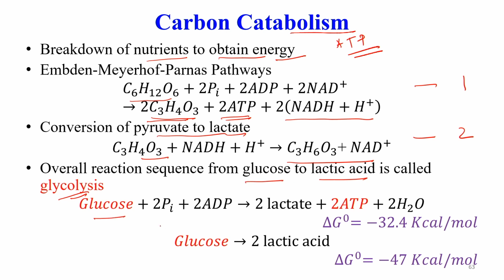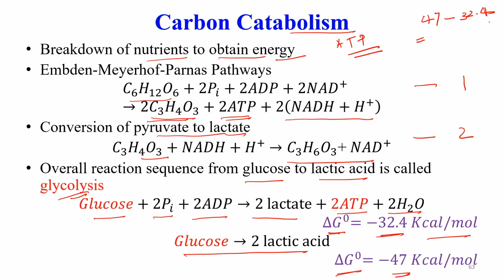So, it says glucose plus 2 Pi plus 2 ADP is converted to 2 lactic acid molecules plus 2 ATP and 2 H2O. The free energy for this reaction is minus 32.4 kilocalorie per mole, but when glucose is directly converted to 2 lactic acid, delta G value is minus 47. So, there is a decrease in the delta G value, and what is that change? The change is 47 minus 32.4, this equals